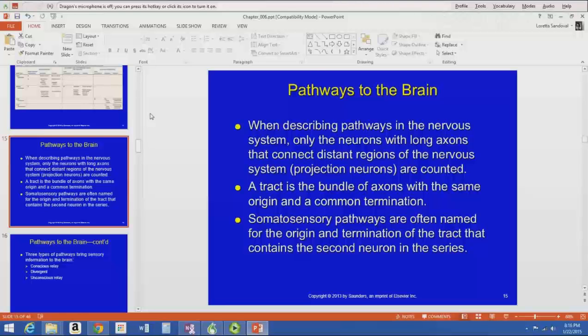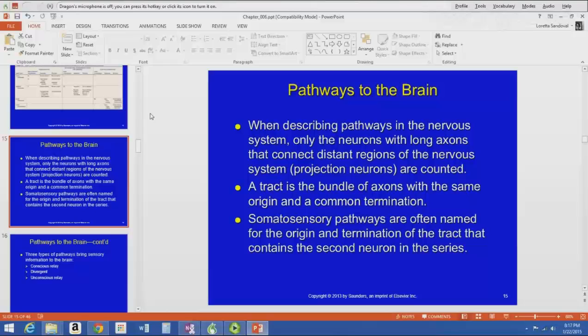Okay, I hope that you watched that 4-minute video on spinal cord anatomy and organization. It will really help you to understand the different pathways going to the brain. So we're going to be talking about the third step in the sensation process,